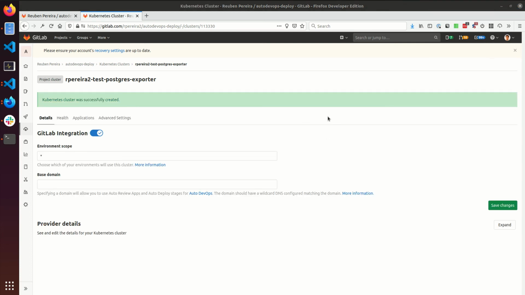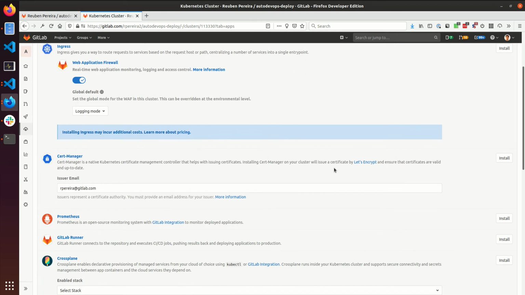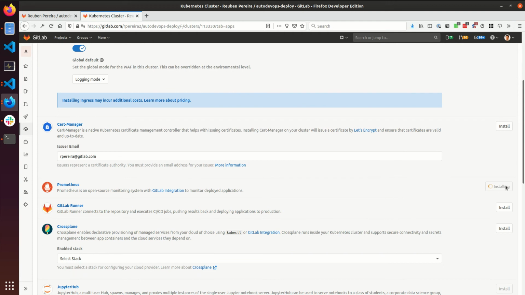Now that the cluster has been created, let's install Prometheus. Prometheus has completed installing. Let's connect to the Prometheus UI and have a look.